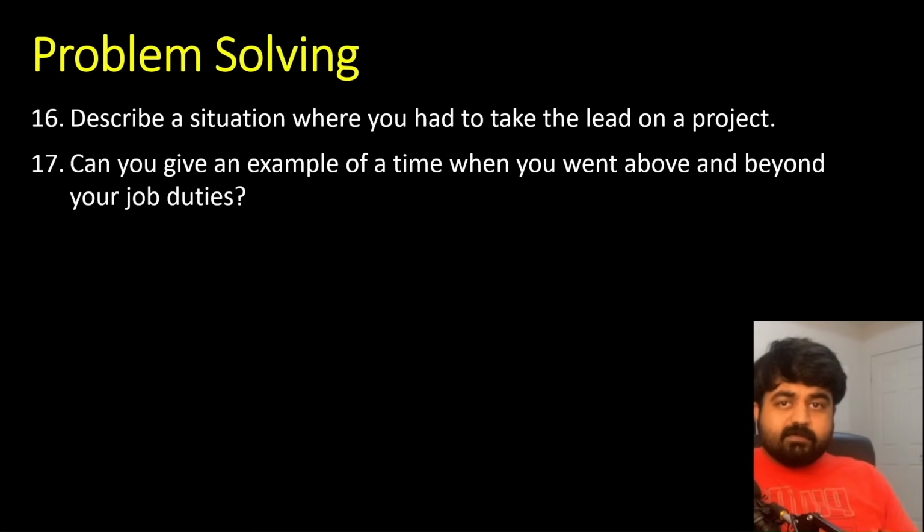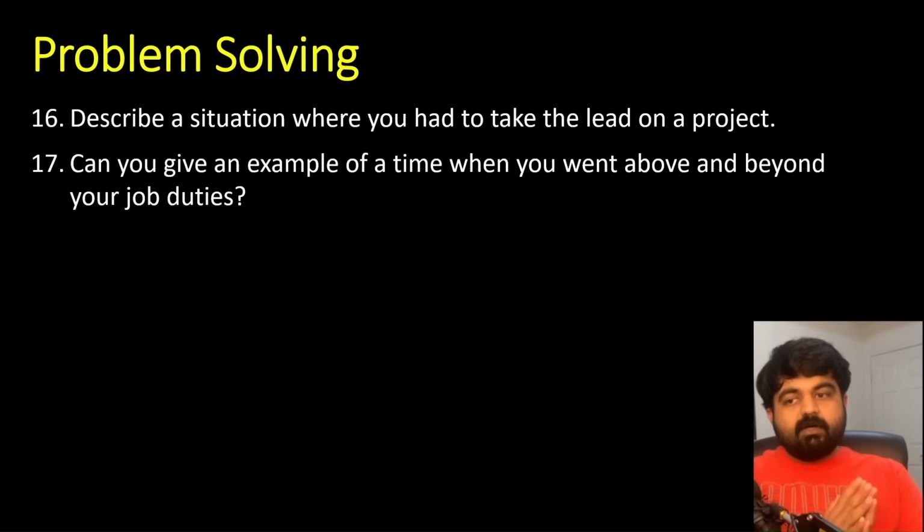But if you say a scenario where for continuously 6 months, every single day you had to work 12 or 14-hour days in order to complete a work, of course you are going above and beyond, but this is not a sustainable way. Now you are killing yourself, you are burning out, you are being less productive. Despite putting in more hours, you are slowly reducing your efficiency, and you are not maintaining the work-life balance. So you are going to build up that resentment towards the company eventually. So always be careful about what intensity you define as above and beyond.